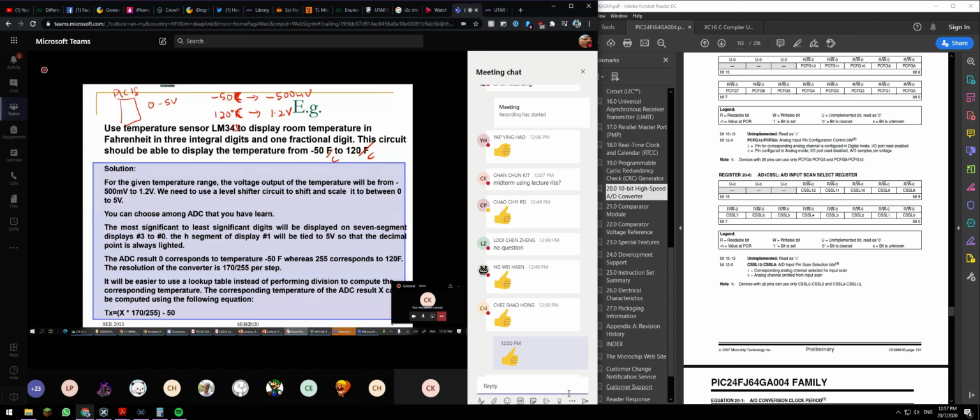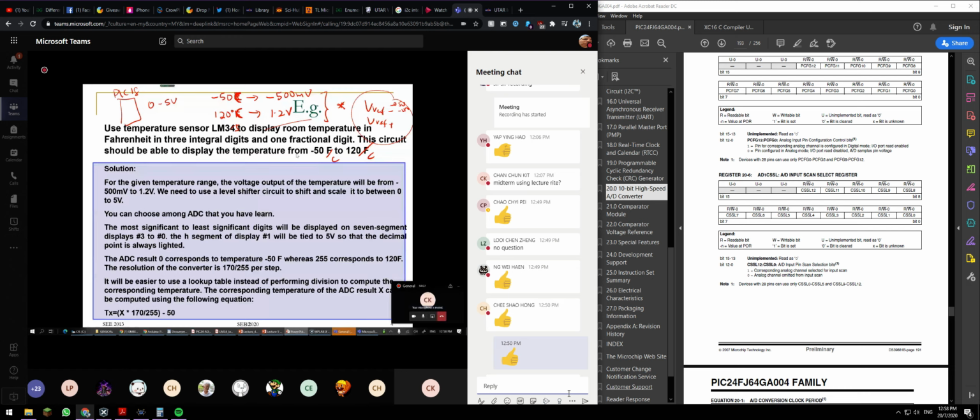Am I right? So ask yourself, do we need a signal conditioning circuit? Do we need to do amplification? Do we need to do a level shifting circuit? Or I can directly change my reference, okay, to negative 500, means negative 0.5 volt. So it's up to you whether you think that is necessary or not. Okay, is it necessary or not? Whether you play with this, it's up to you. Okay, so then,